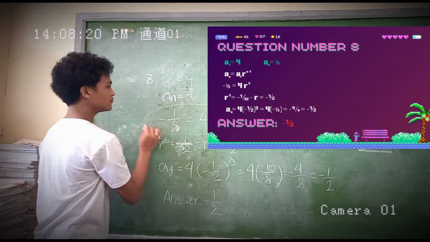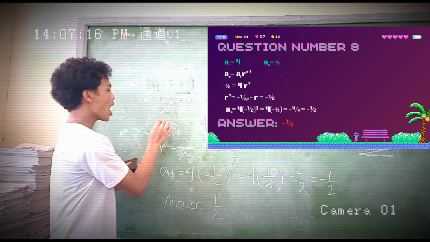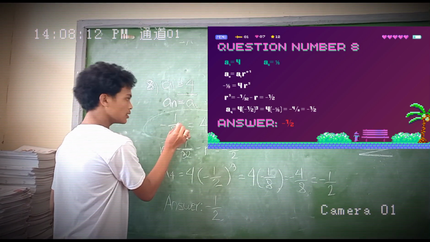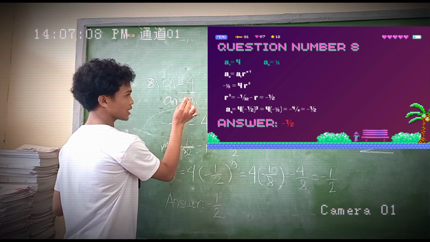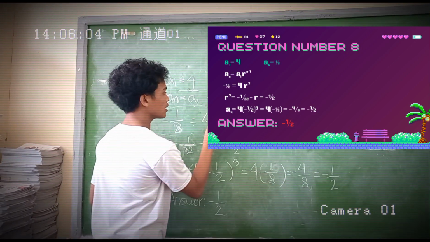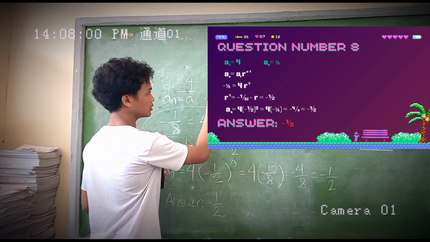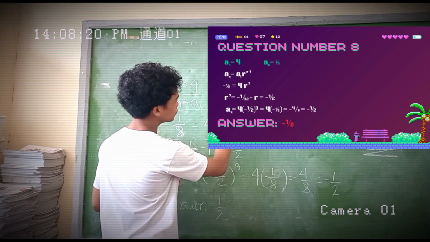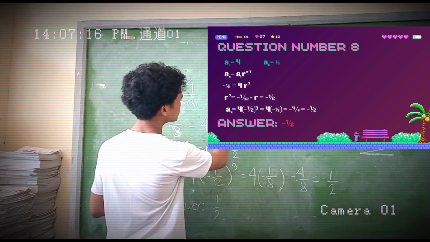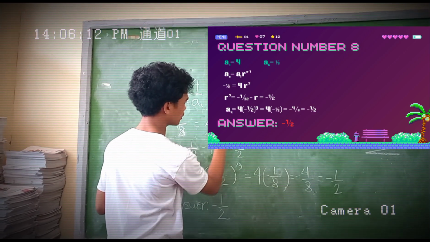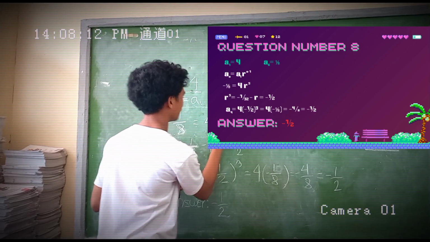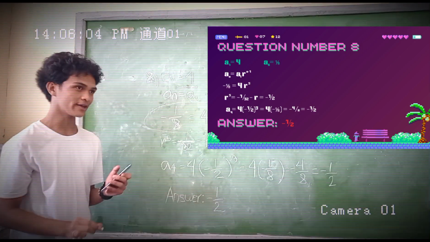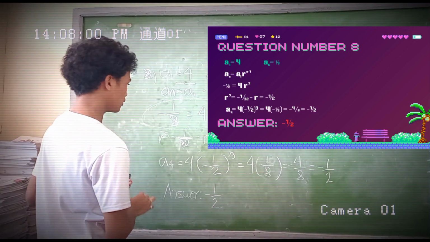And to arrive at this figure, we are going to substitute. Our a sub n is equal to negative 1/8 equals 4, which is our a sub 1, times r raised to the n minus 1 here. Why is it 5? It is because we subtract 6 minus 1, and that gives us the answer of 5. So negative 1/8 is equal to 4r raised to the power of 5. And in this figure,